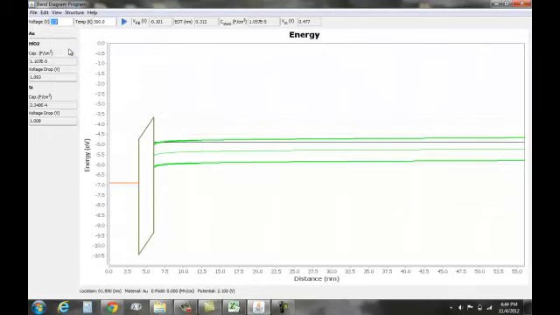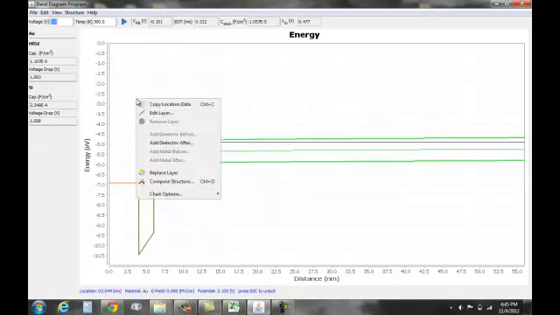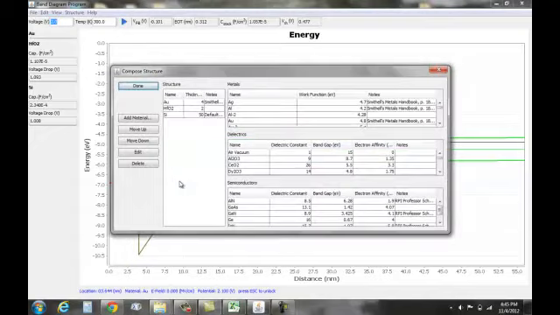Now let's say I wanted to change the entire structure. I can do that by changing each material, or I can go into Structure and select Compose Structure. Similarly, I can do a right click and go to compose structure. So this provides the entire structure in each of the material databases. So I have metals or conductors, dielectrics or non-conductors, and then semiconductors. Let's say I wanted to make a MIM diode, so metal insulator metal